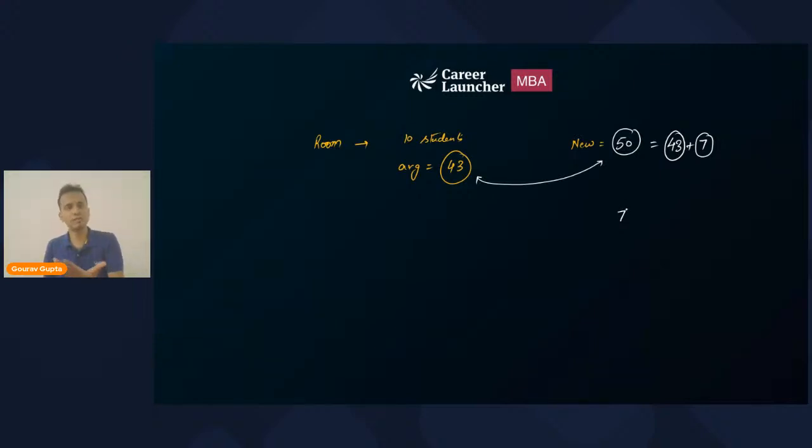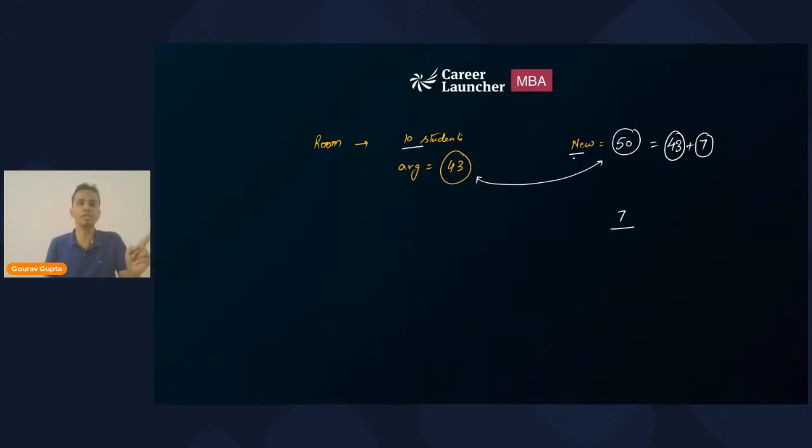So this extra 7 will definitely help us in increasing the average. Now this extra 7 will be distributed among the total number of students, right? So we have an extra of 7, which will be equally distributed among all the students, and whatever value comes out to be, whatever distribution everyone will get, this is the number by which the average will increase. Okay. So now this extra 7 will be distributed among 10 plus 1.